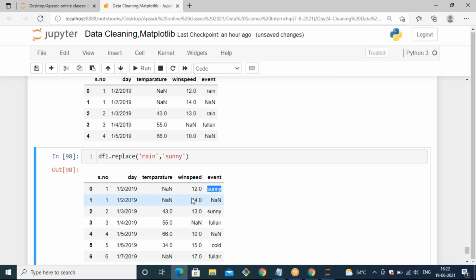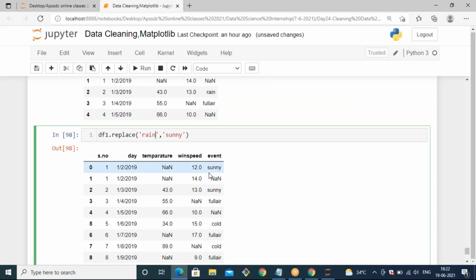Wherever the rain is there, the entire rain should be replaced with the value sunny. Like this, if you want to change any value inside the wind speed, you can change it. Let's apply one more example.